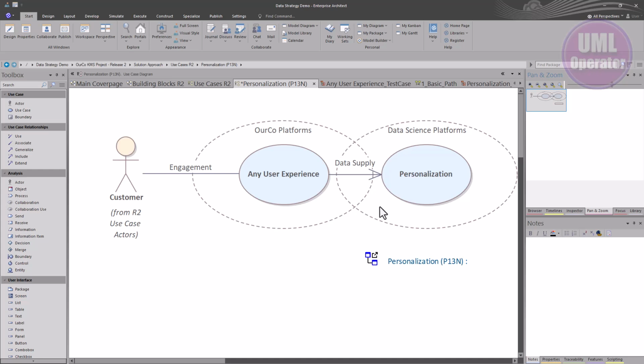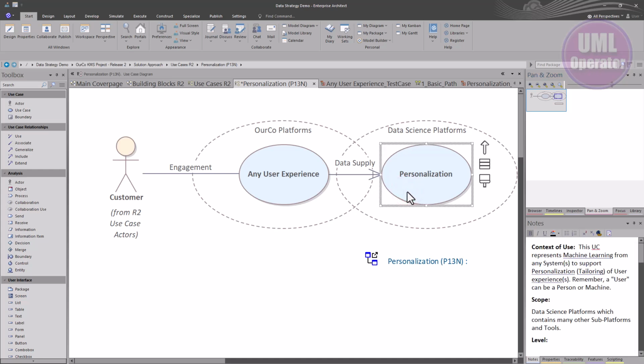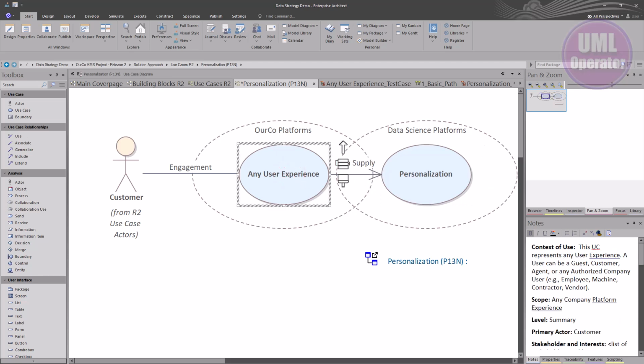It's around personalization or tailoring. And we have to start from a channel and an actor. You could just call this user, which represents unauthenticated as well as authenticated customers that we want to tailor or personalize an experience for. So we start out with a use case, and then from here, we start building out